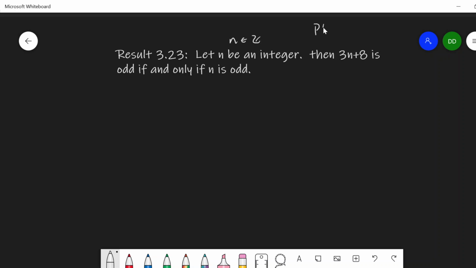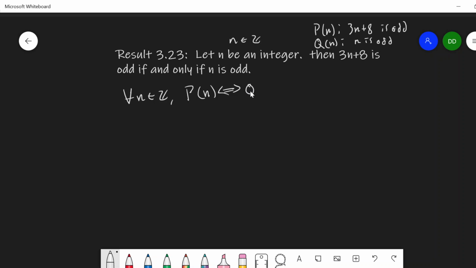If I say let P of n be 3n plus 8 is odd, and Q of n be n is odd, then what we're looking at proving here is for all integers n, P of n if and only if Q of n. And so we have two things to show here, right? We need to show P of n implies Q of n,